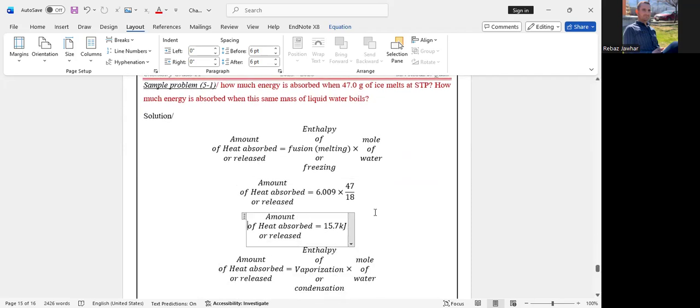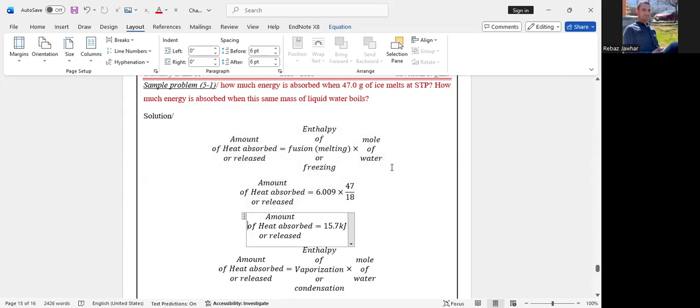Then we need to use the values. The amount of heat absorbed or released is the question. How much energy is absorbed? It says absorbed, so this part is the question, equal to the enthalpy of fusion, which means melting or freezing. This value is a constant. You have to memorize it. The enthalpy of fusion or freezing is always equal to 6.009 times, here it's written, moles of water,